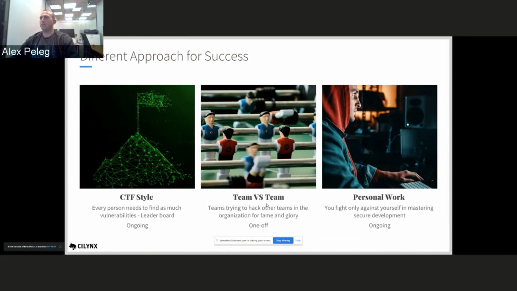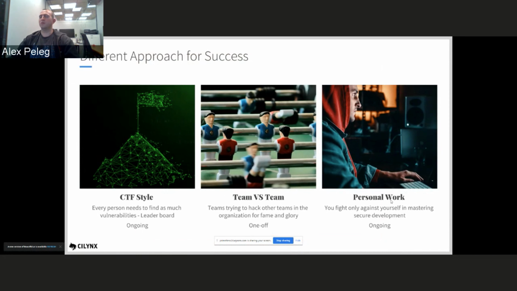Something that I really like is the team versus team approach. What is the team versus team approach? We can take different development teams inside our organization and challenge them against each other's code. It's not an easy task when you have a large organization, but for small startups of up to 30 people, I think that it's a must. Take your dev teams, divide them into teams of 5 or 4, create a cool game and cool atmosphere for this day or 2 days, and just make it happen.